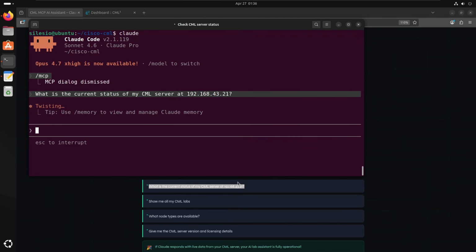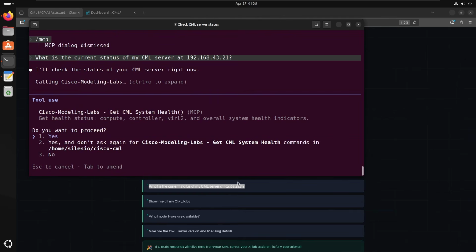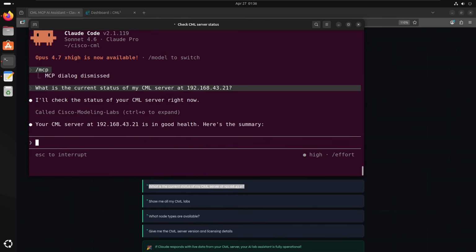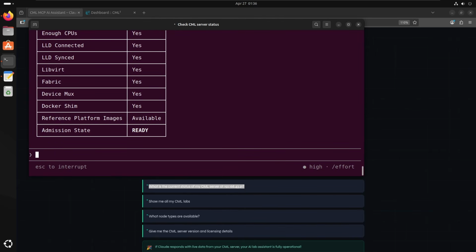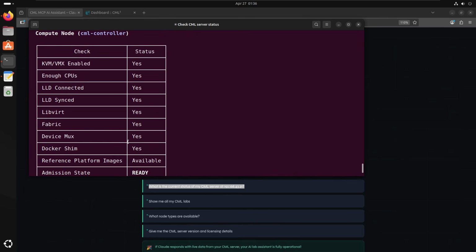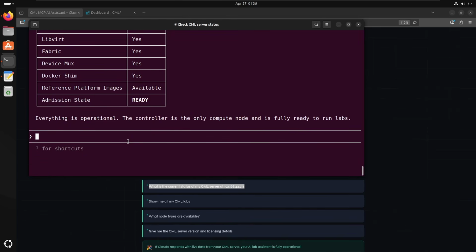So right now Claude will be interacting directly with Cisco CML, and we want to approve. So now let's see what we get back. Okay, so everything is operational, the controller is on the computer, and it's fully ready to run labs. Okay, so now we are at this stage, which means that we can actually ask Claude to build us a network